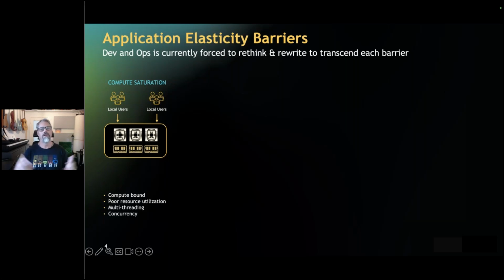As things evolve, you need to be able to adapt to how your customers are using it, or to new feature requests, or the actual popularity of the application. So the first one is to watch out for compute saturation. In the poll that we did in the beginning, it was clear that a lot of people were really trying to address this elasticity by throwing more compute onto the problem, and that's usually the first barrier.